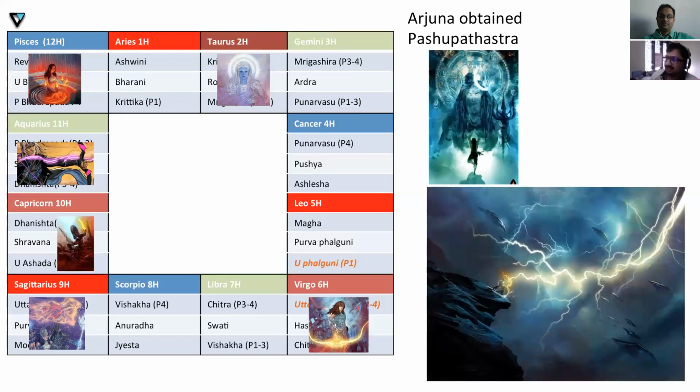And then you go forward. So Arjuna obtained the Pashupatastra from Shiva. The interesting thing is that when Arjuna obtained the Pashupatastra, the most important and most powerful weapon of them all, he had to fight with Shiva as a hunter. So Shiva is Rishira, Ardra, these houses were activated, probably Rishira, 9th, 10th. But then when he got the weapon,